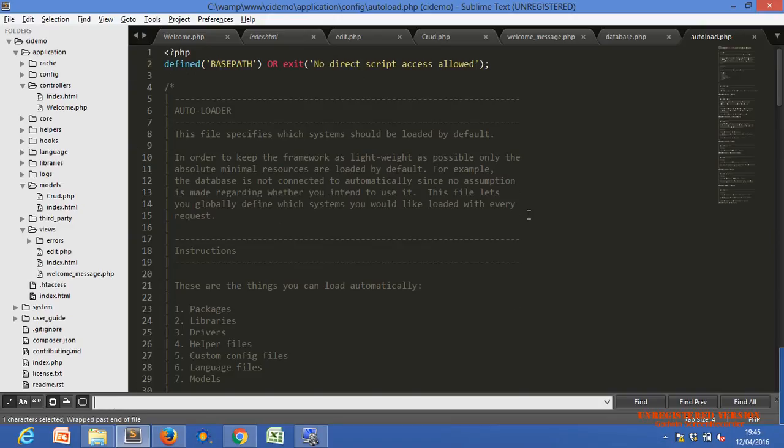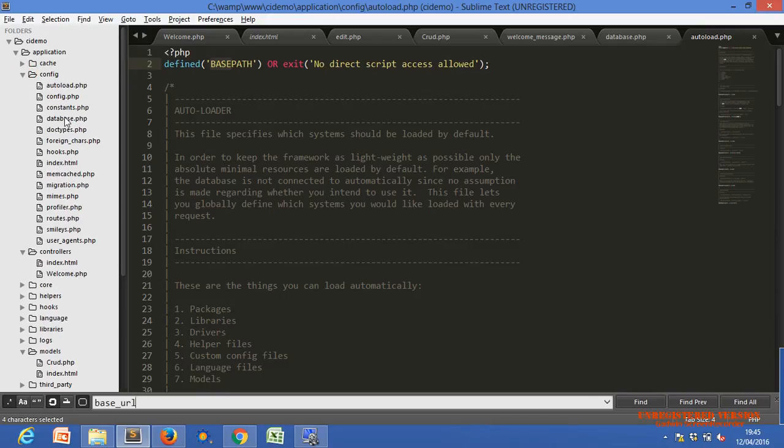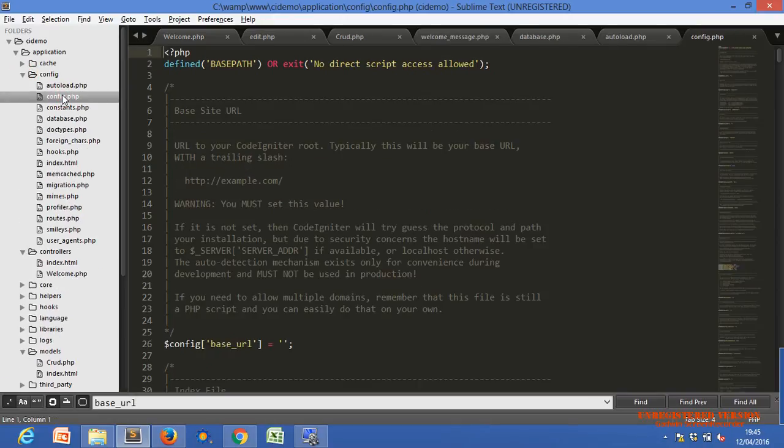One second. Base URL is not here. In the config, config.php should have base URL. So we have to set our base URL here. What is our base URL?